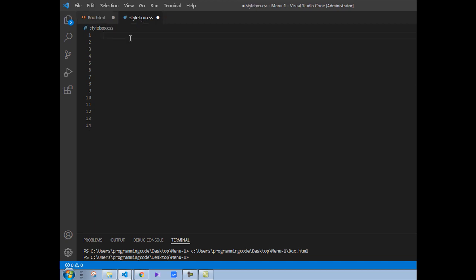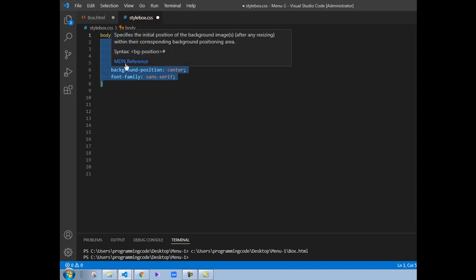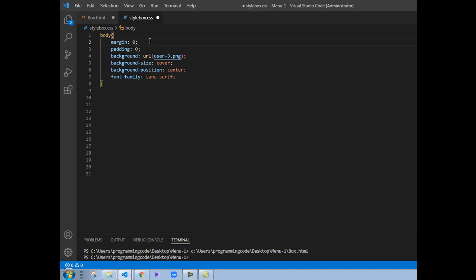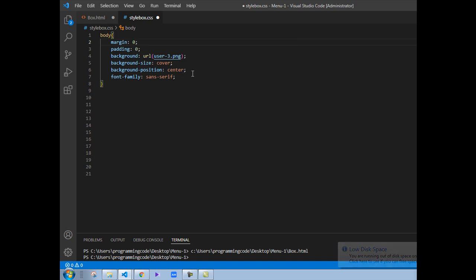For this, we should open the CSS file, stylebox.css. Inside here, we can write a body element, and then we can write the attribute margin is equal to 0 and padding size is 0. Background is URL. We are going to put an image or a photo cover as the background of our body of